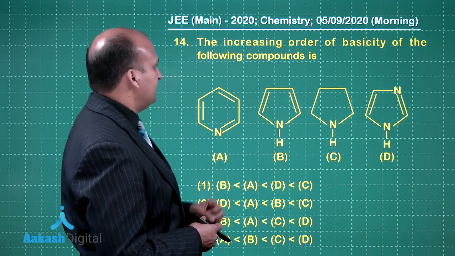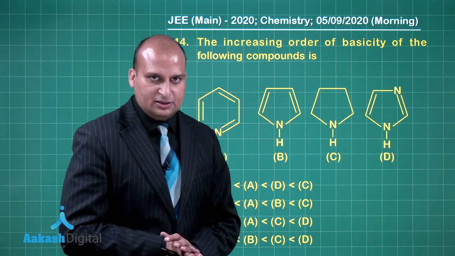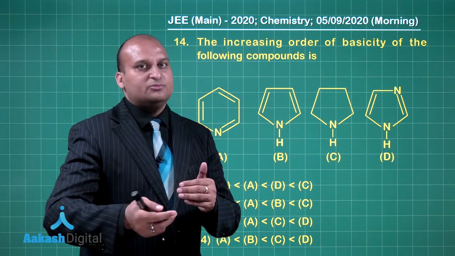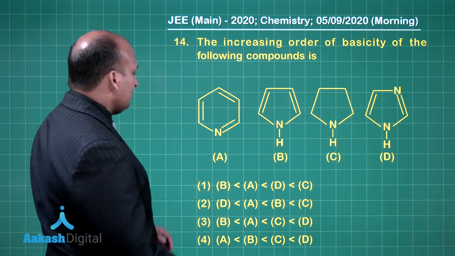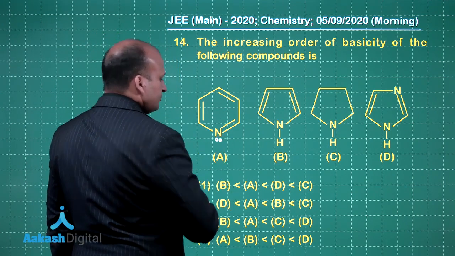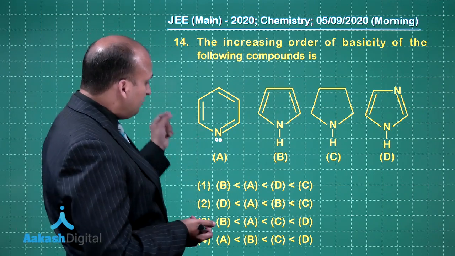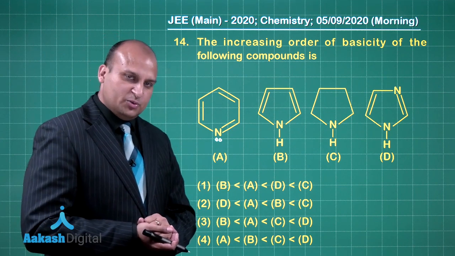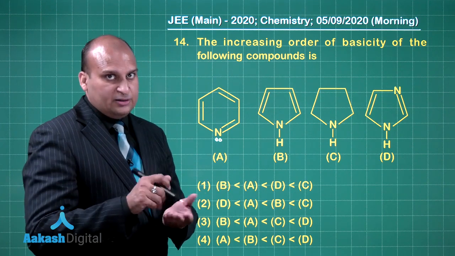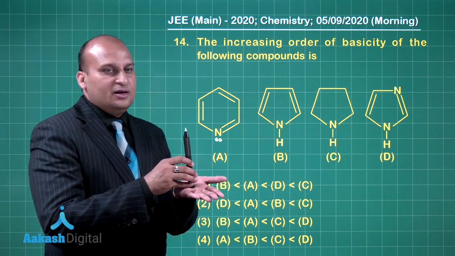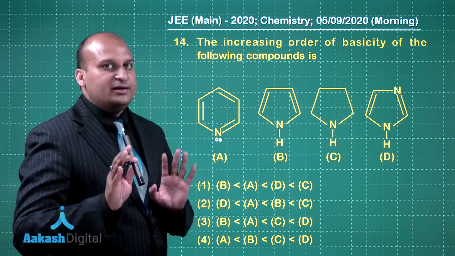Let's look at question number 14, the increasing order of basicity of the following compounds. Here we are talking about the Lewis base strength, the ability of the nitrogen atom to give the lone pair. Okay, let us start with choice A. See, over here nitrogen is having a lone pair, at the same time it is having a pi bond. The first question that comes to your mind: can this lone pair participate in conjugation over here? The answer is no, because whenever nitrogen is having a pi bond as well as a lone pair, the lone pair is perpendicular to the plane. So this lone pair cannot participate in the resonance, so it can be donated easily.